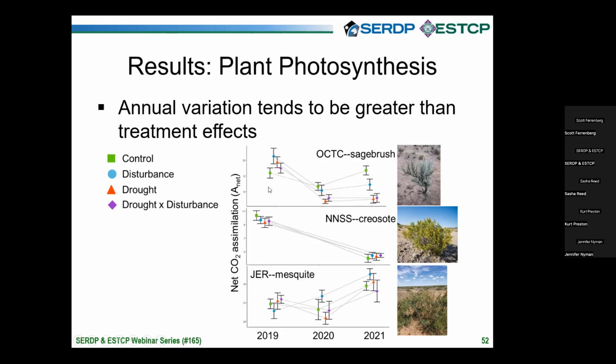I want you to remember this image, that things are dropping off in this northernmost site because there's a drought happening in this site while we're doing our experiment. So our drought is happening on top of drought, which means it may not be having the effect that you want it to, it may not be having a large effect. It makes it more difficult for us to understand what drought might mean in this system. Again, why we need multiple years and multiple sites.